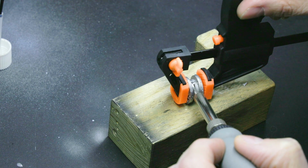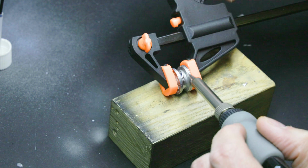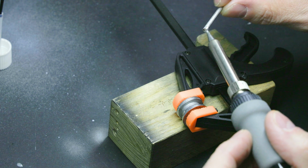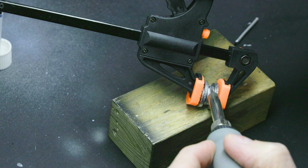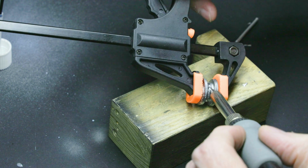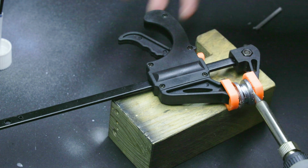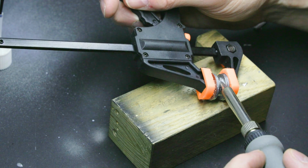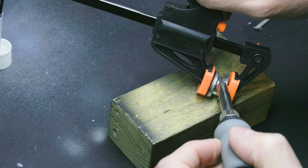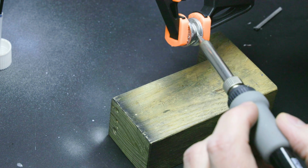Hopefully you can see this. And again, like I said, I'm going to finish this afterwards in the lathe, so I'm not too worried about how pretty this looks or if it's a little lumpy, which allows me to be fairly liberal with the amount of solder I'm using. That one I kind of messed up, but it's okay, I can fix it. I don't know if you can see that, but I got a lot of solder where I didn't really need it at all, but you can just work it around. I got a bit of a lump on here, but